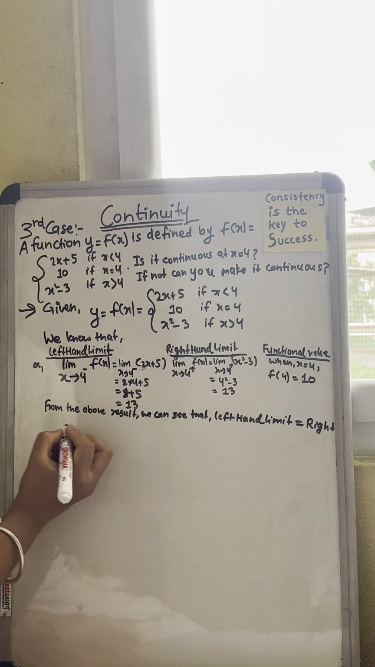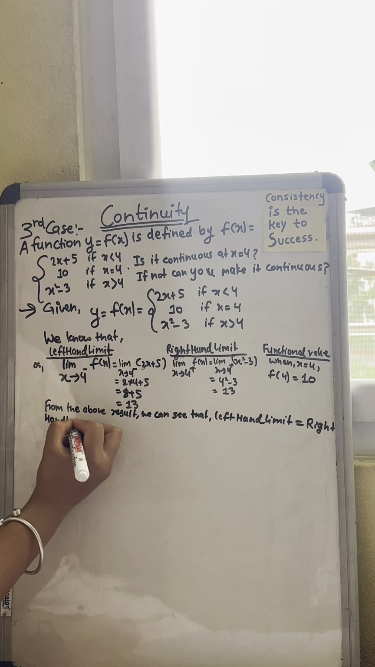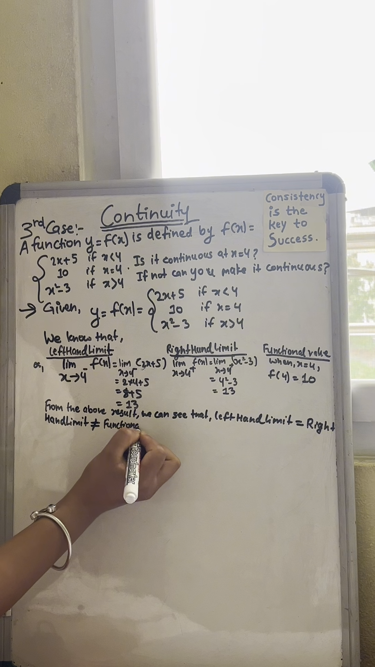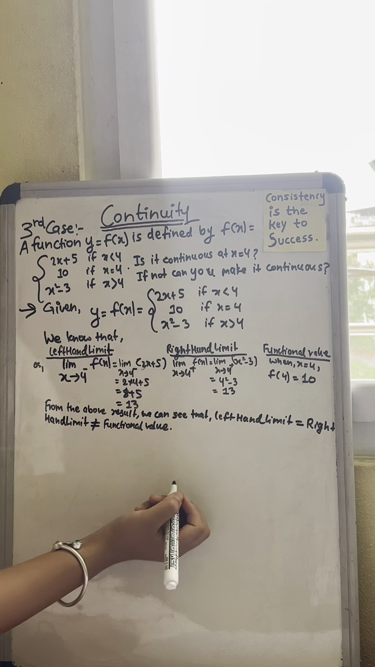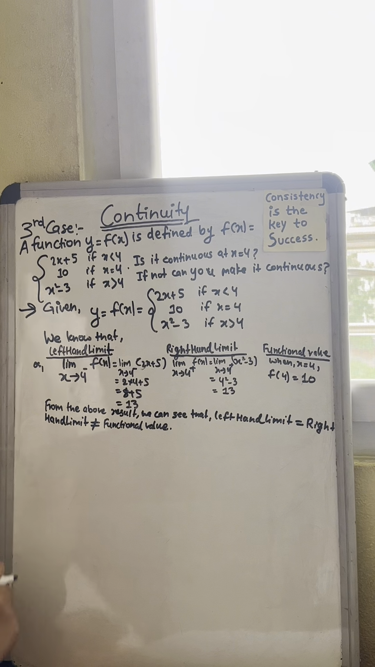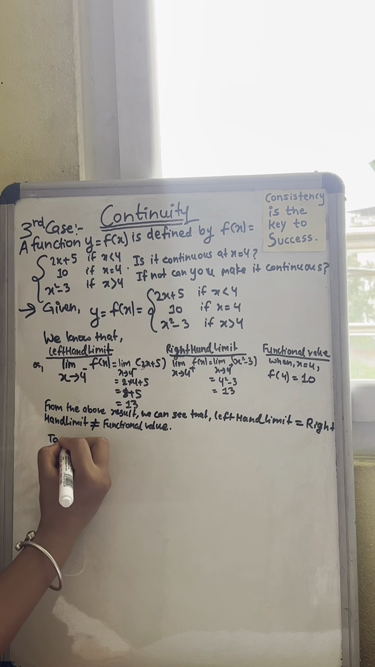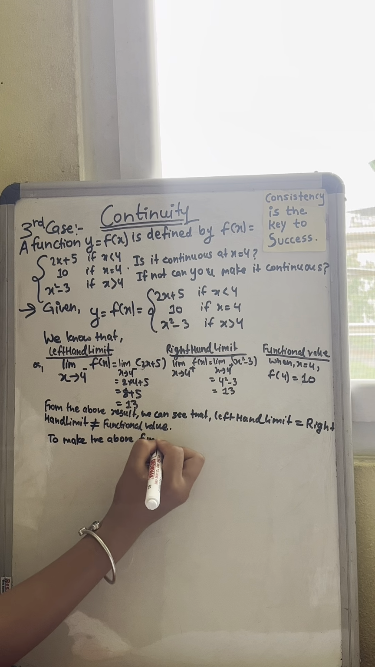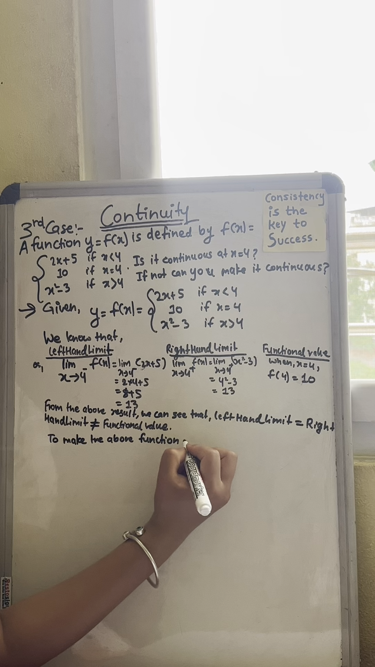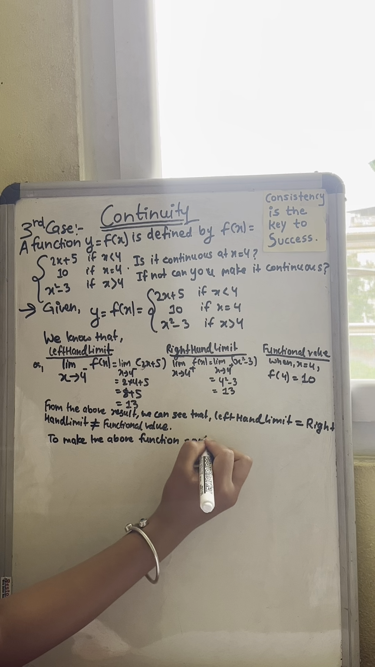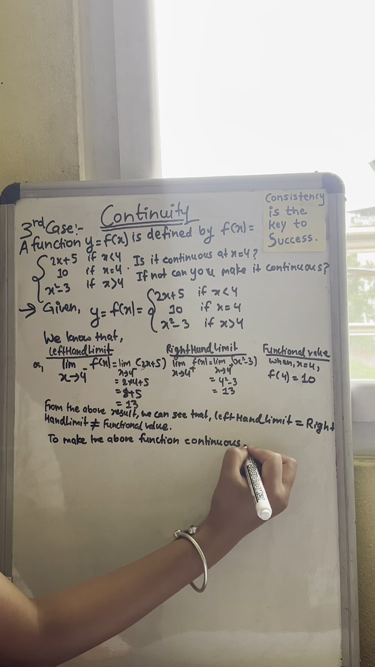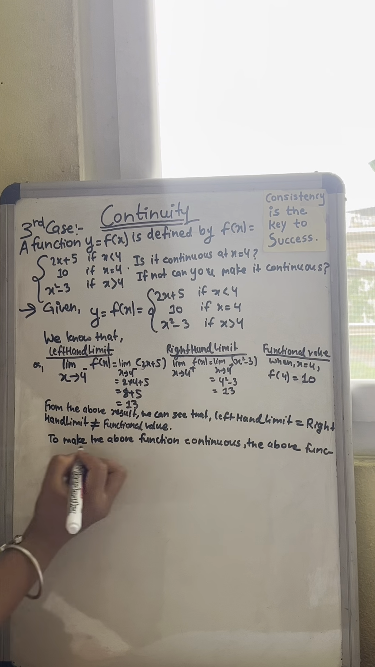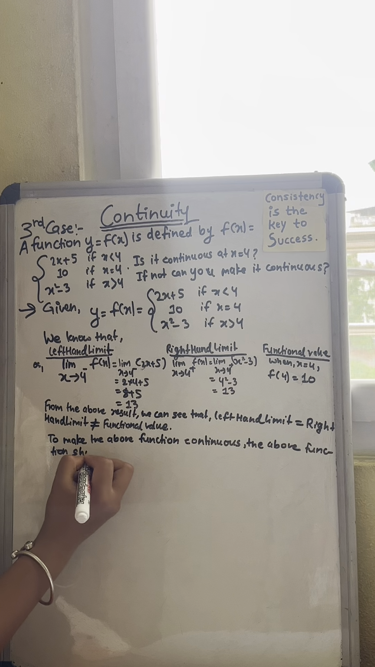Also the question is asking, if the function is not continuous, how can you make it continuous? So now we can make it continuous by putting the value of f at x is equal to 4 as 13. So left hand limit is equal to right hand limit is equal to functional value will be the result. So we can write, to make the above function continuous, the above function should be redefined as